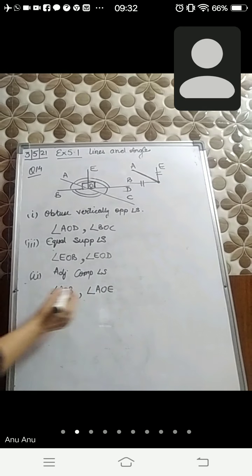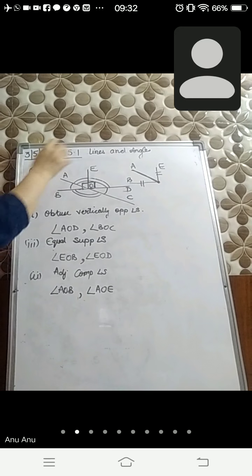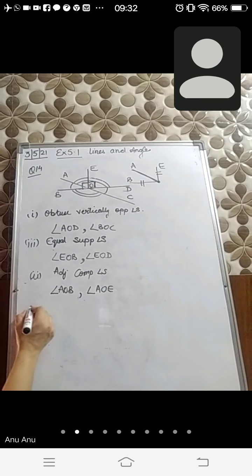They share a common vertex at O. They have OA as a common arm. OB and OE are the non-common arms. Is it okay? Now the next is the fourth part,